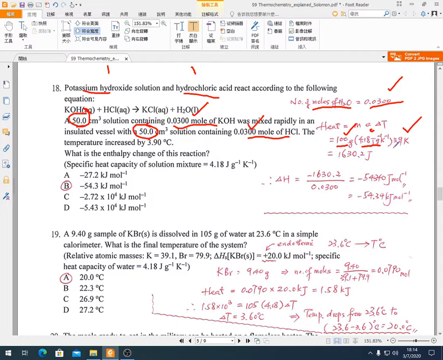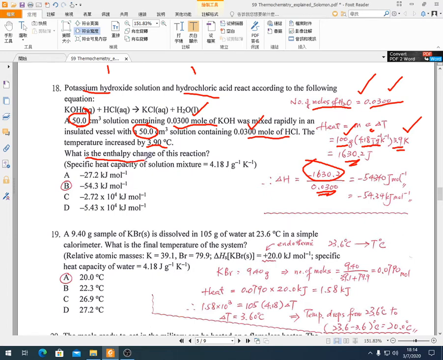This time I used the Kelvin scale to remind you that the difference between two temperatures on the Kelvin scale is the same as the difference between two temperatures on the Celsius scale. So q = mc delta T. Because it has increased by 3.9 degrees Celsius, we have this amount of heat, and then you divide it by the number of moles of water,